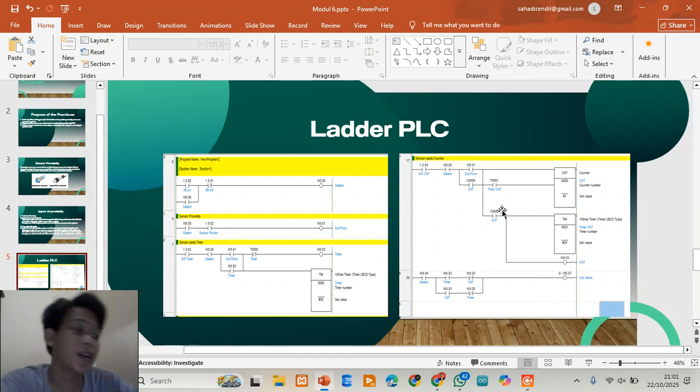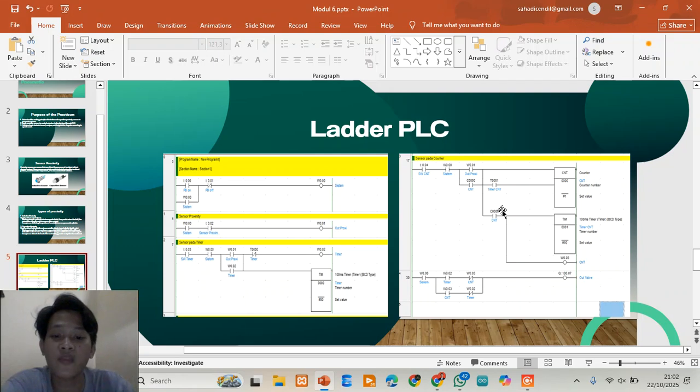To conclude this presentation, it demonstrates how a proximity sensor, timer, and counters can be combined in PLC ladder logic to create a full automation pneumatic control system.